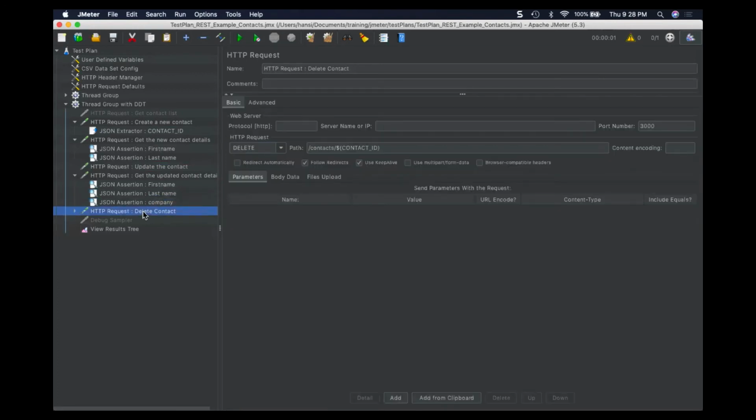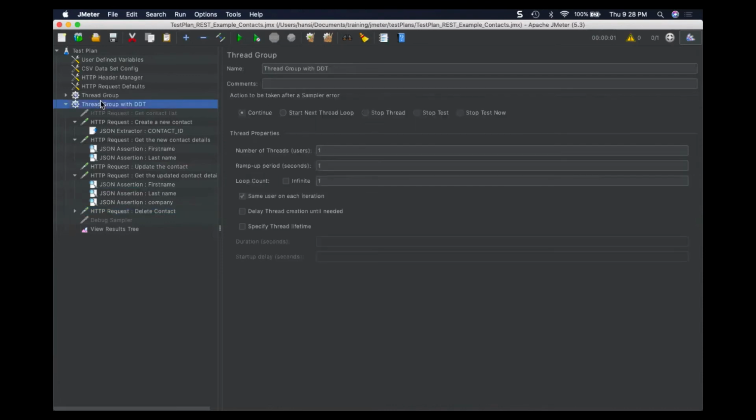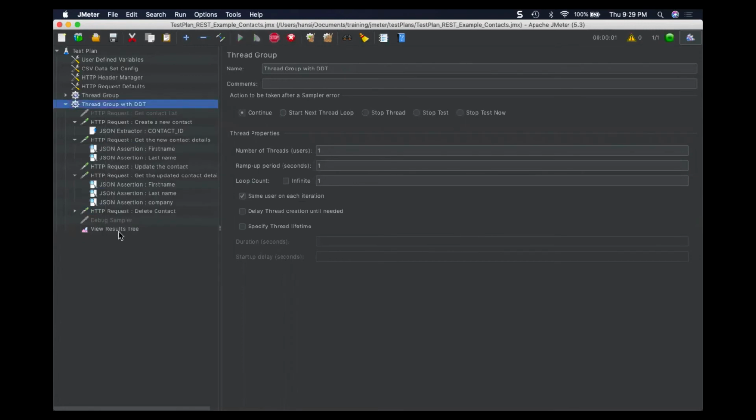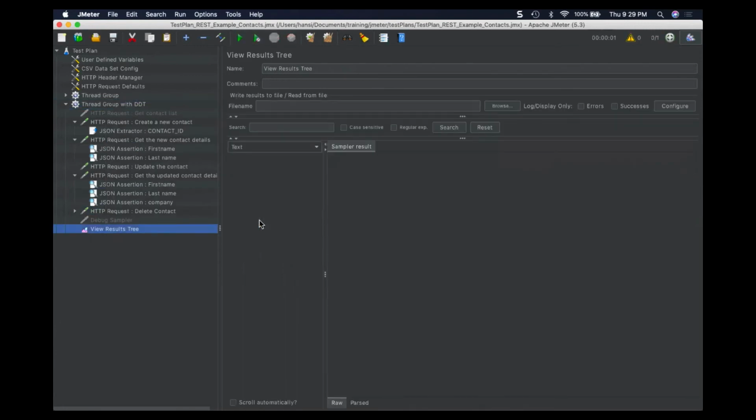It's done, and to validate it, run only this thread group. You just select the thread group and say validate and see the result. This time it will run only for one thread group, one user.